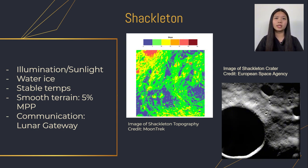Currently, NASA is reviewing 13 landing sites, and the peak near Shackleton crater is our recommendation. While the landing site is not in the line of sight for direct moon-to-Earth communication, we are excited about demonstrating a capability of routing communications through satellites and space stations such as the Lunar Gateway Space Station. Overall, Shackleton will best take care of our needs for human existence and science experiments by allowing a foundation for both sunlight and opportunities to explore permanently shadowed regions